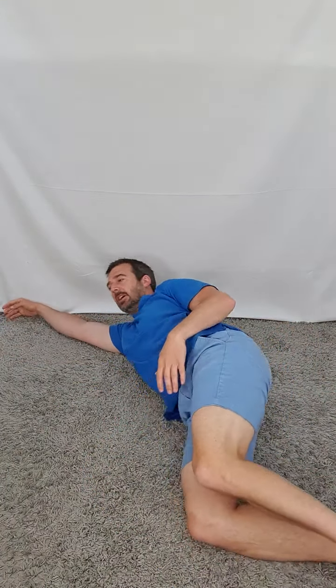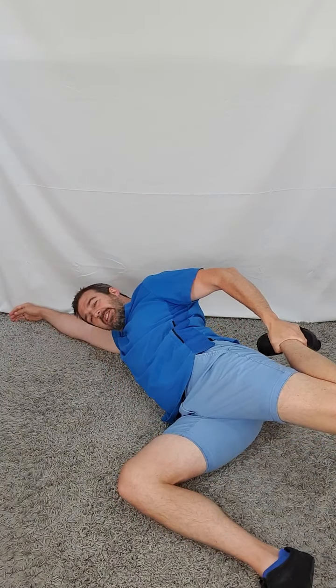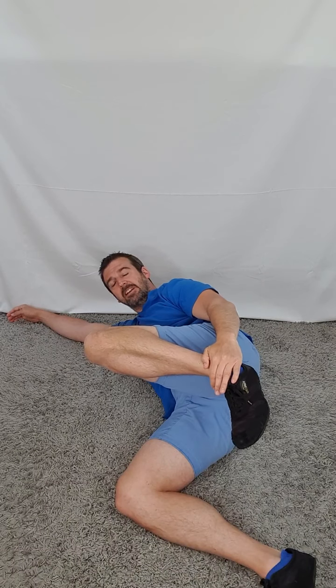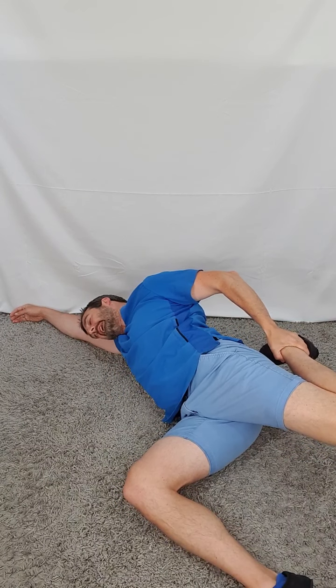Okay, now we're going to work on the quadriceps and the hip flexor. So I want you to take yourself side lying here, left knee bent, it's going to support the body. What I'm going to do here is drag the right leg behind me, so I'm going to take it into stretch, this position. So the way I've done it is I've raised the knee towards the chest so I can grab the shin very easily, slide the hands down towards the ankle at the front there, holding it, pull back, feel a stretch, lay on your left arm, just relax into it, hold the stretch, deep breath in,